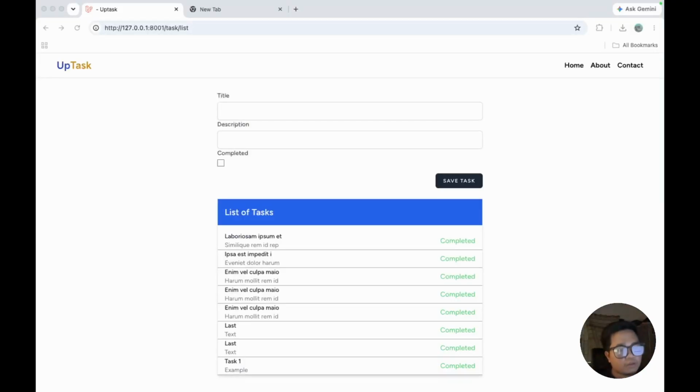Okay, welcome back sa atong tutorial sa app development. So, last video, we discussed about a task. We discussed about CRUD and we already executed create and display, or retrieve, or read.